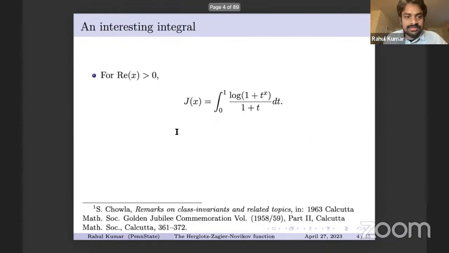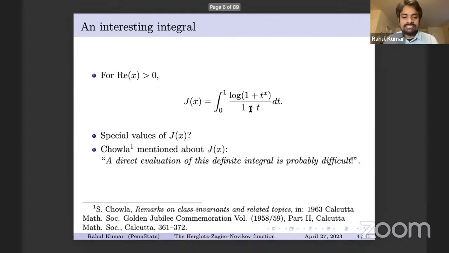Okay, so let's start with this basic definite integral. You can see it is a definite integral which contains only elementary functions in its integrand. So you have this log and this polynomial in the denominator. When one sees this integral for the first time, one may think that it may be easy to evaluate this integral for some special values, like for natural numbers x, or for rational numbers or quadratic units or whatever. But it turns out that it is not easy actually, and